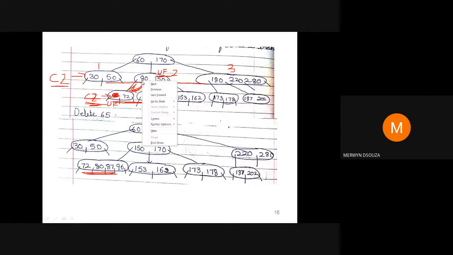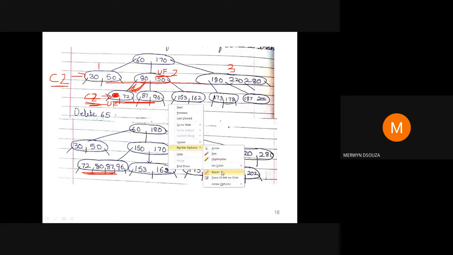Now because I pulled that key, this 80, down, here there is an underflow now. So I solve this underflow by again checking for case 1. What would case 1 tell me? Check whether the older brother or younger brother has more keys than the minimum. The minimum I required was 2.